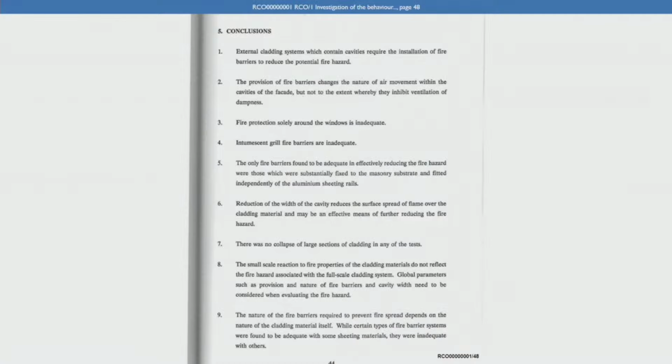Paragraph 5, he says, under the conclusions, the only fire barriers to be found to be adequate in effectively reducing the fire hazard were those which were substantially fixed to the masonry substrate and fitted independently of the aluminium sheeting rails. Then at paragraph 9, at the foot of the page, he says, the nature of the fire barriers required to prevent fire spread depends on the nature of the cladding material itself. While certain types of fire barrier systems were found to be adequate with some sheeting materials, they were inadequate with others. And then 10 over the page,